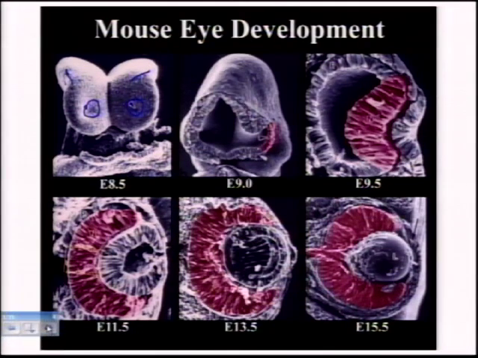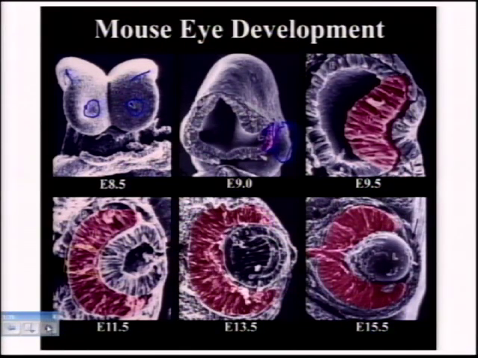So the first thing we see at E9 is the formation of something called the optic vesicle. And the optic vesicle is really a pushing out of the tissue, and that pushing out is called evagination. And the evagination, which you can see in this little purple color here, is making contact with the surface ectoderm, and the surface ectoderm is going to be the presumptive lens. So the presumptive neural retina and the presumptive lens touch each other, and they send signals back and forth. And a lot is known about those signals, but we're not going to talk about those today. That's the very early aspects of the formation of the retina.